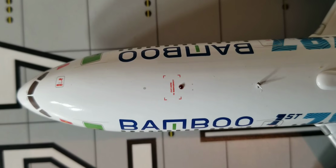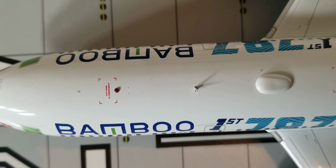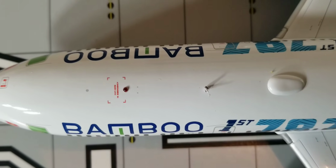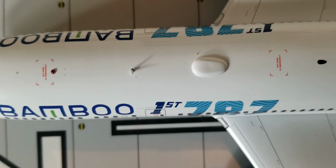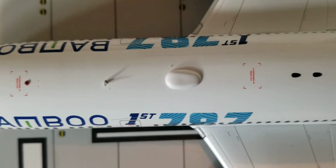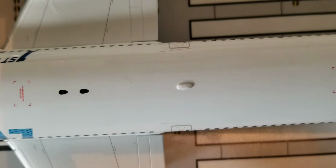Then you see the top of the aircraft, where you see the power escape hatch door. You see the green doors on both sides. And then you come up here to the top of the aircraft, see emergency escape hatch door number 1, along with the anti-collision beacon light. You see the Bamboo Airways titles on both sides. And then you come here, a high frequency antenna, as well as the satellite communications antenna. And then there's the first Boeing 787 decal on both sides, emergency escape hatch door number 2, the ADF antennas right there, the Wi-Fi box antenna,